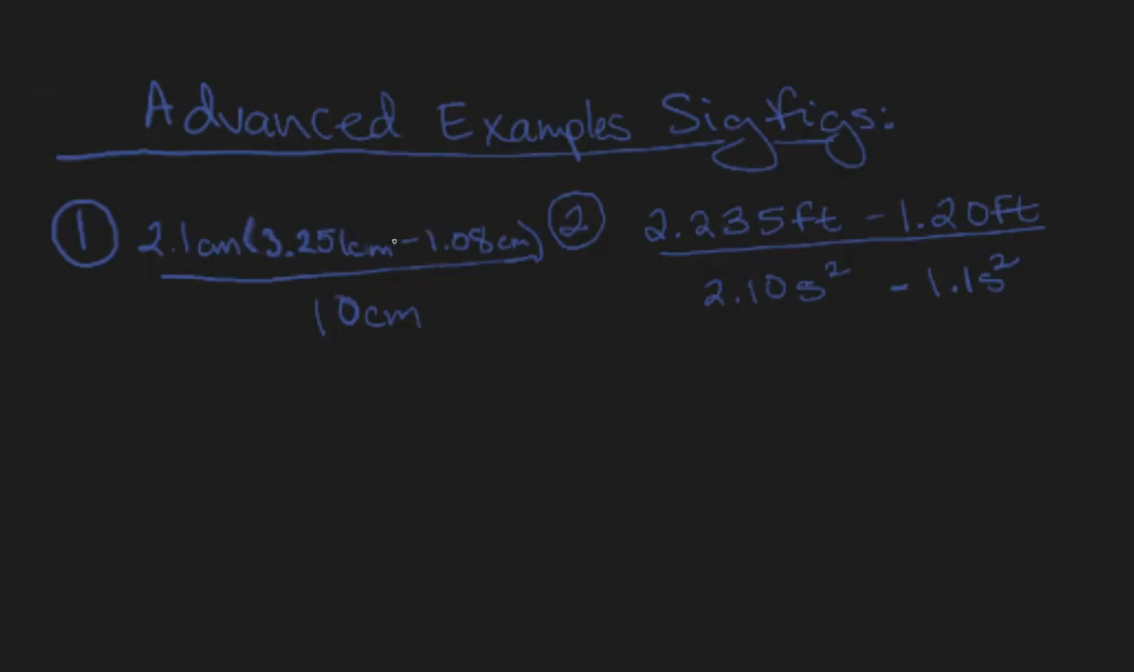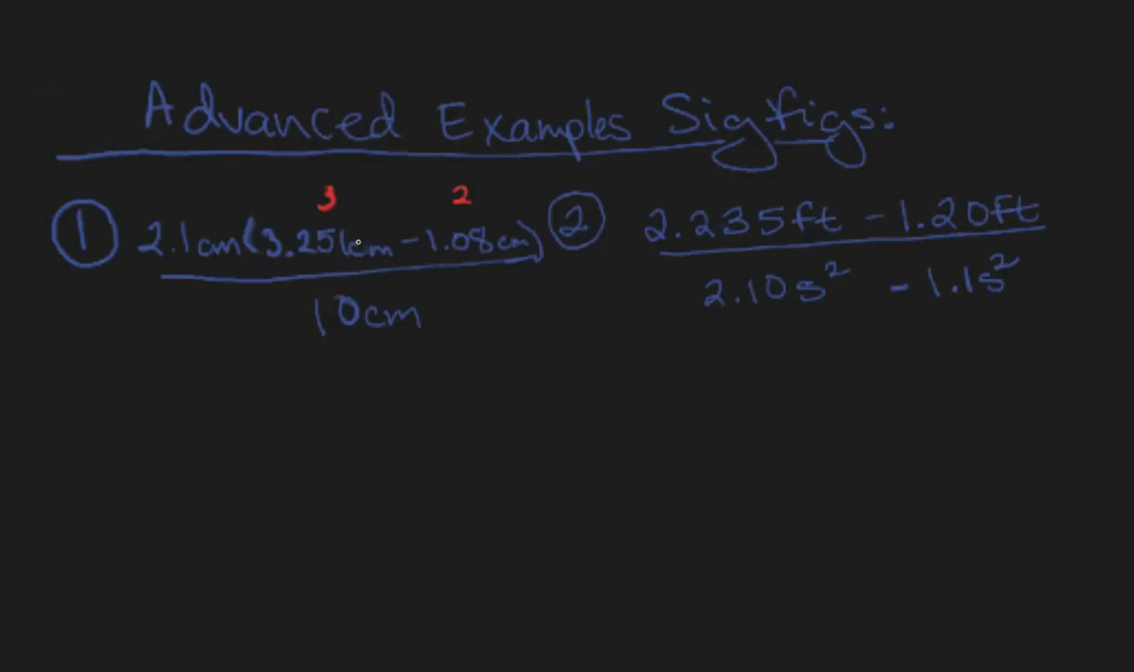But since I said order of operations first, let's look at this subtraction problem. The rule for subtraction is look at the numbers after the decimal point, compare, and see which one has the least, and that's how many your answer should have. So when you look here, you have 3 after the decimal point. Here we have 2, so your answer, when you subtract those two, should have 2 places after the decimal point, and you should round as such. So if we do that,